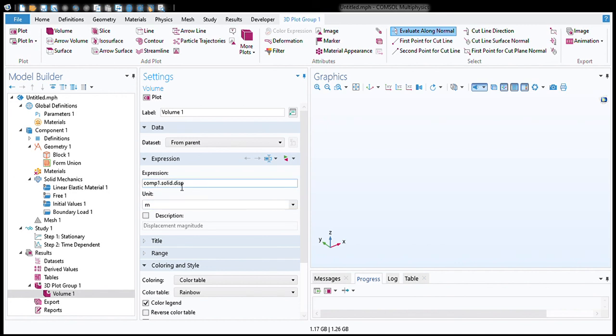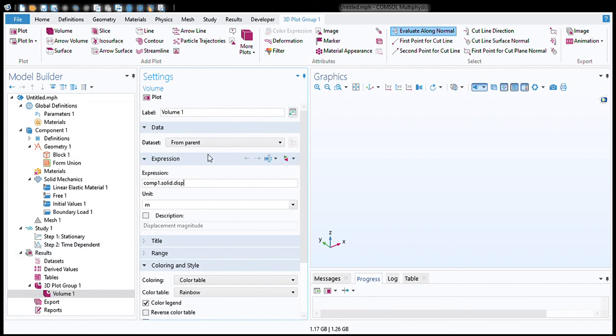There are different expressions for different results. For example, this expression is for displacement results. Then you can select replace expression here, and you can get whatever results you want. For example, in the solid mechanics physics, we can see acceleration or velocity, then displacement, and also stresses and strains. We'll be looking into these different results in the different applications we'll be discussing during our tutorial.